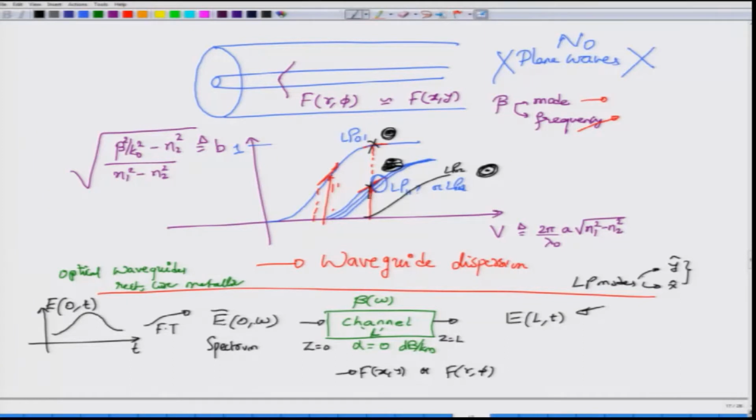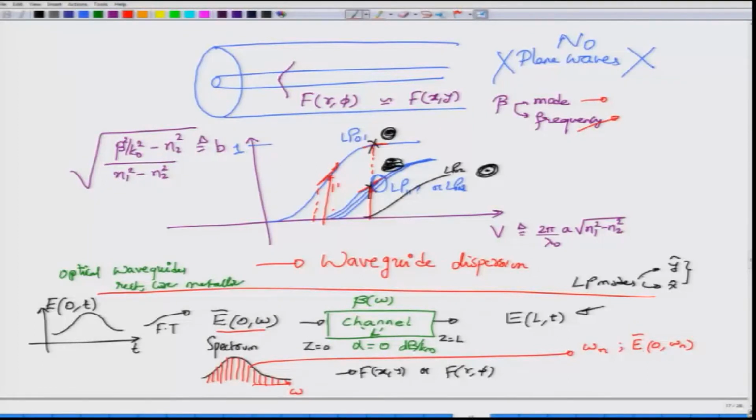As I have told you, the spectrum, which I am just sketching, this is not the exact spectrum, in the omega domain can be thought of as being composed of many different spectral components. If I consider a particular spectral component, let us say the nth frequency omega n, it will have an amplitude of E of 0, omega n. So, what we actually call the spectrum is essentially the sum of these many different frequency components, each having a complex amplitude of E of 0, omega n.